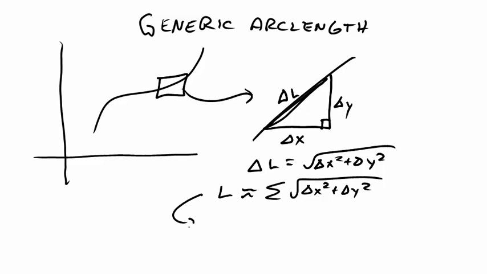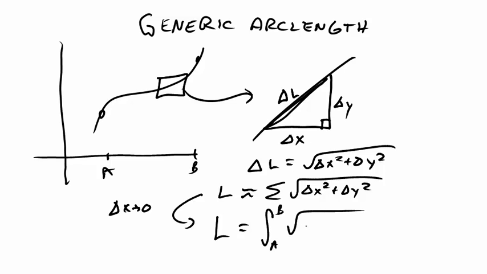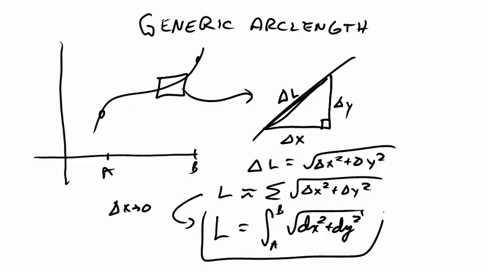If you then allow delta x to go to 0, so here's that limiting process again, then I can get an exact value for the limit. A sigma is really just a sum from some starting point to some ending point, wherever we happen to be interested in on the curve. And that square root becomes the infinitesimals dx squared plus dy squared, and I'm going to hold right there. This is what I consider to be arc length, and then what I turn that into completely depends on the